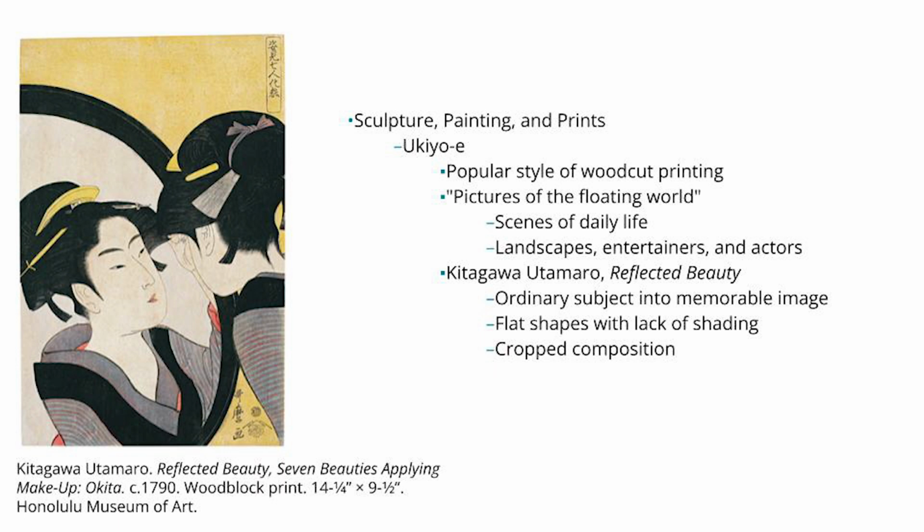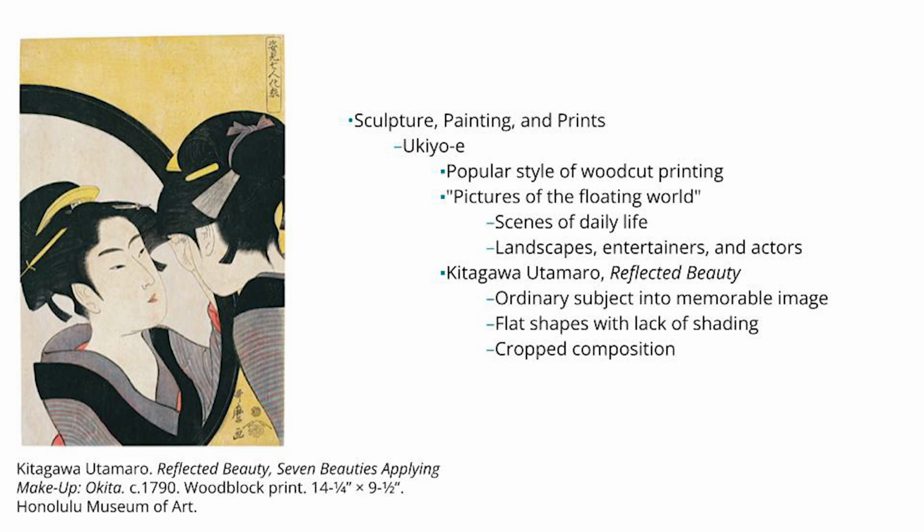Now, moving on more to prints. There was a very popular style of woodcut printing. When we talked about printmaking, I made it very clear that woodcuts were all the rage in Japan. This specific style of woodcut printing is called ukiyo-e, and it literally means pictures of the floating world. And so these normally were scenes of daily life, like landscapes, entertainers, and actors. They were things that were not mystical or spiritual, but things that you would actually encounter in your day-to-day